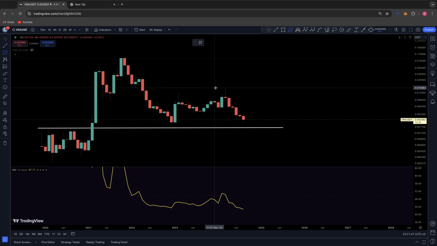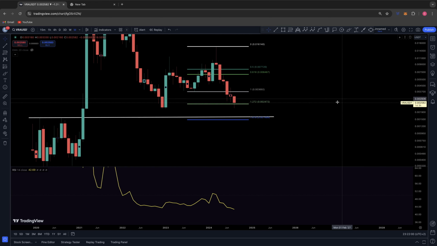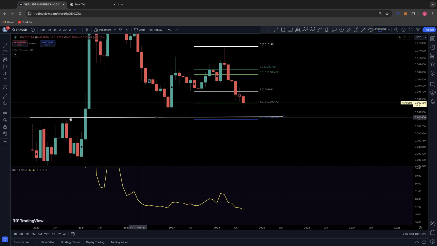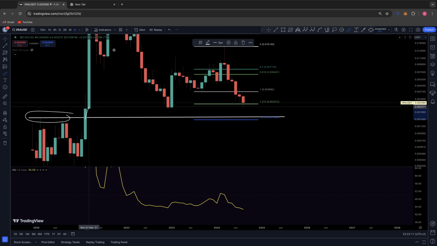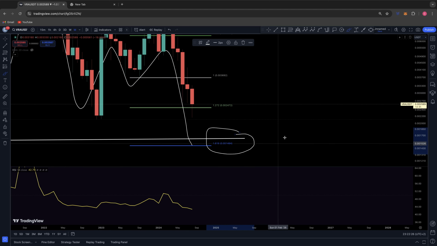If I just get a fib on from this local high, retracing back down to this low, which we impulsively ran up to this high, so right down to this low here, this previous low, what you'll notice is the 1.618 on this correction does tie up. This blue line right here ties up very closely with this previous level of resistance that since breaking out we haven't actually come back and back tested yet. So a few things to keep in mind,